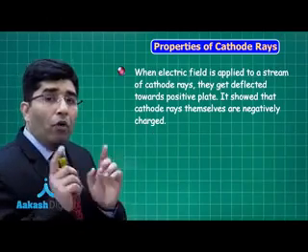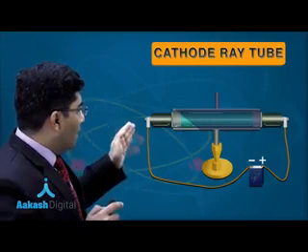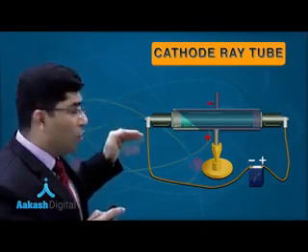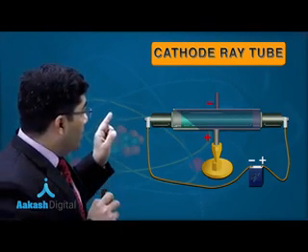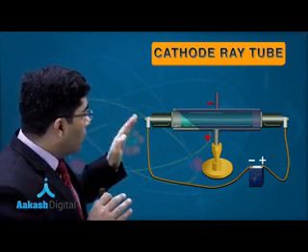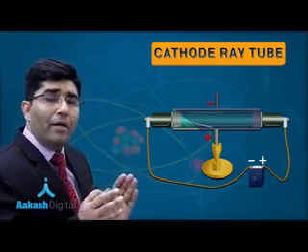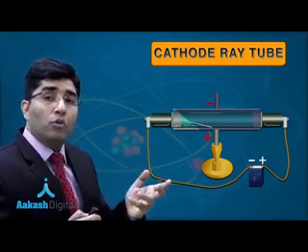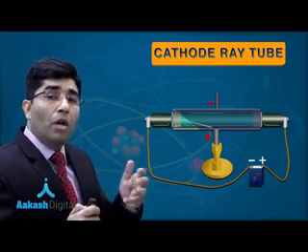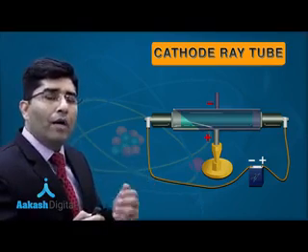Let's see what he observed. You can see in this diagram that the negative and positive signs show the electric field, and the cathode ray is not going towards the anode properly, it is moving towards the positive terminal, and this shows the particles have a negative charge. But what are those particles? Still we don't know. We have to learn more about the properties of the cathode rays, right? So let's move on to the next property.